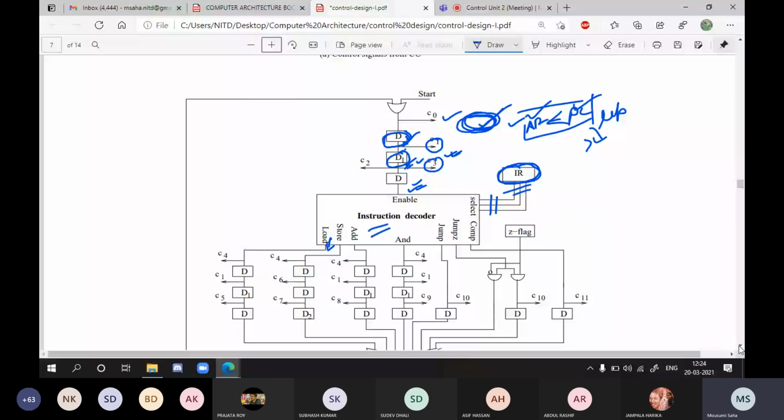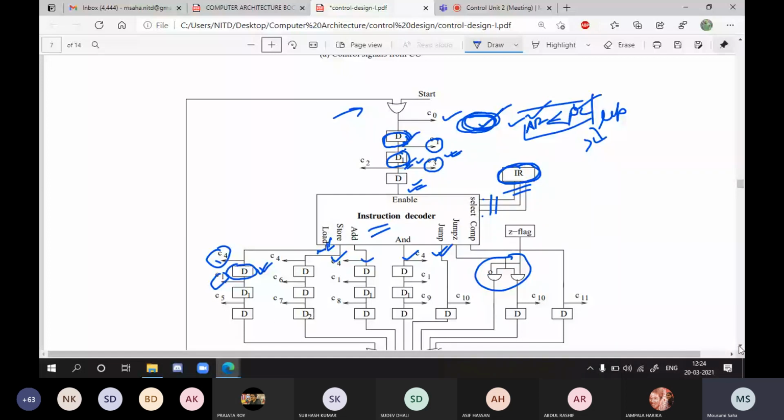If the load instruction is activated, again it will generate C4, and between the C1 and C4 control signals there should be a delay. The C4 control signal is generated for a particular operation, and that operation will take some time to complete. So for that reason we need one delay. In this fashion we can do it for each and every operation. Now here you can check the simple jump instruction, an unconditional jump instruction. It goes to the program counter value and again goes to the